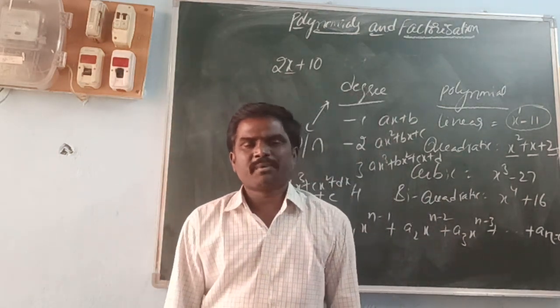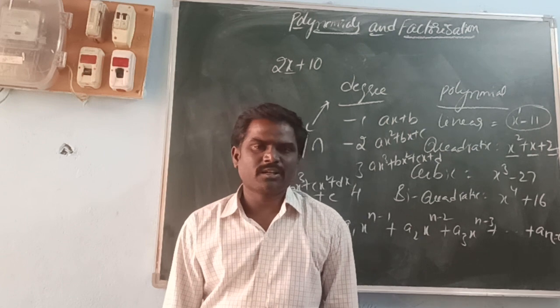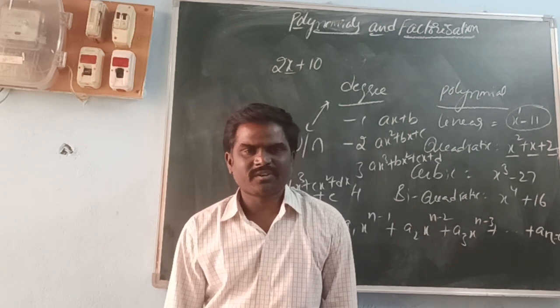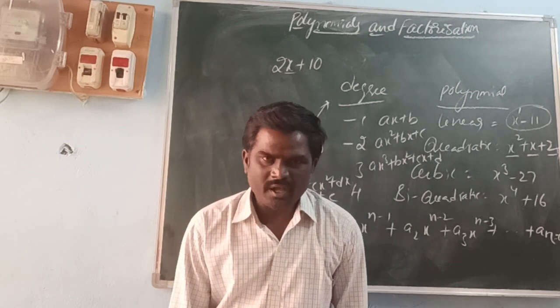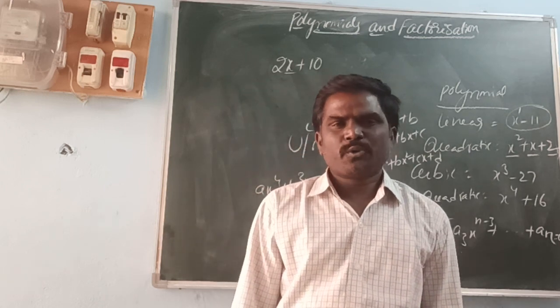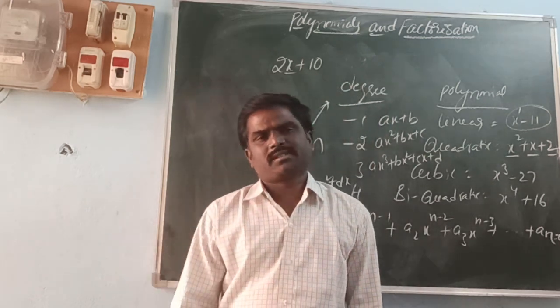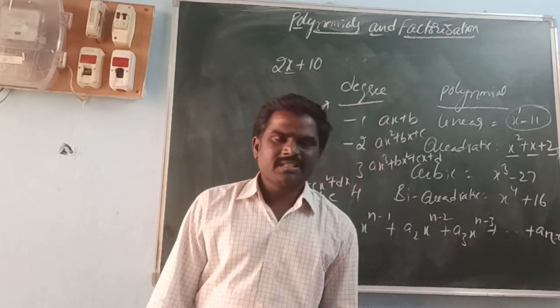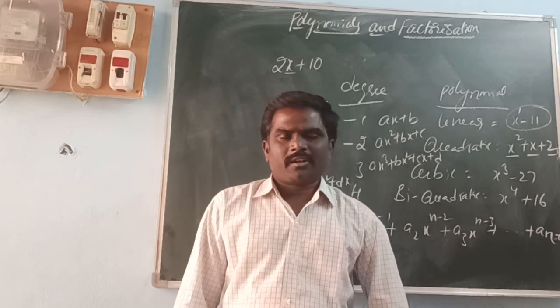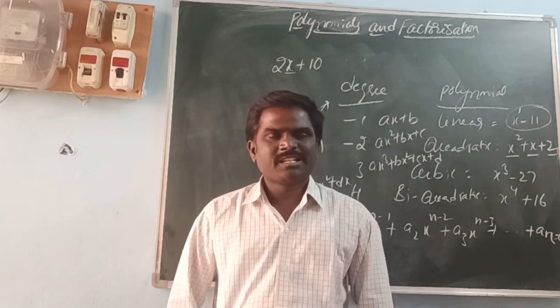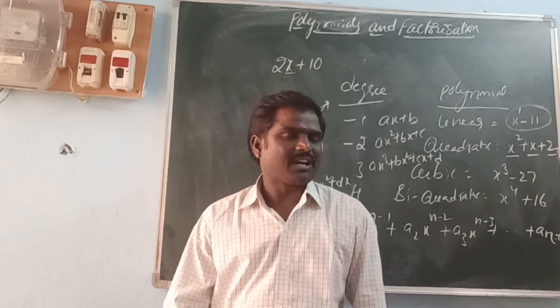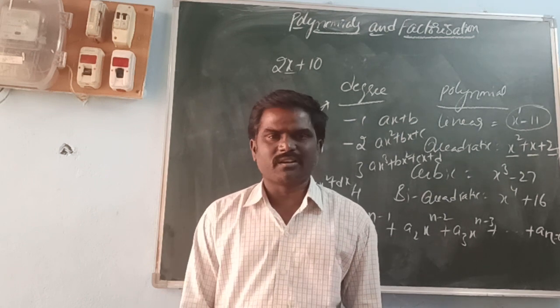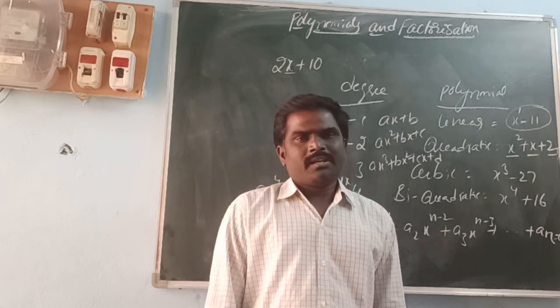In a linear polynomial there are four methods to find the zero: trial and error method, without transform, with the transform, and graphical method. In a quadratic polynomial, how can we find the zeros or roots or solution? Again there are four methods: factorization method, algebraic identities method, complete square method, and graphical method. Another method is trial and error method.